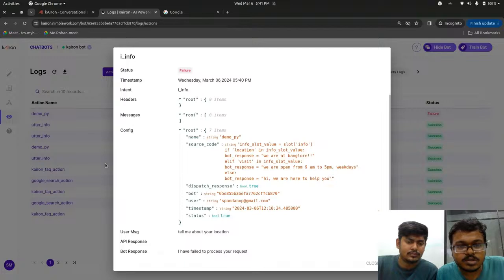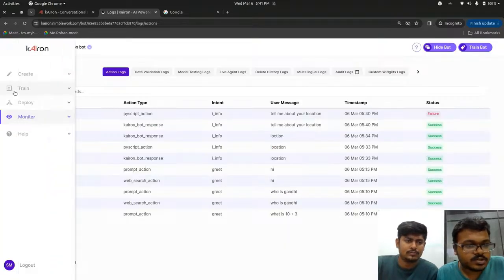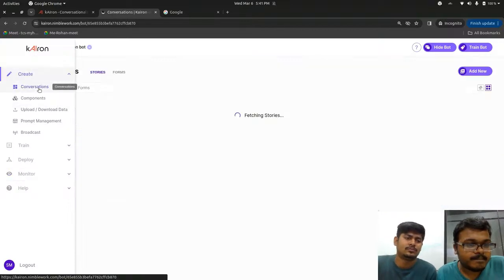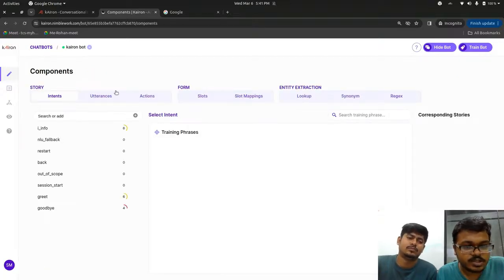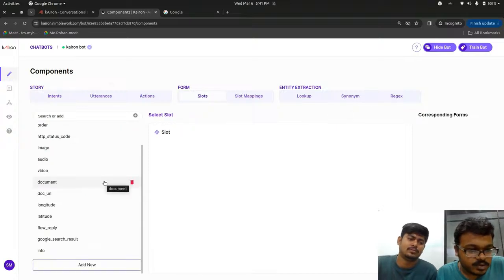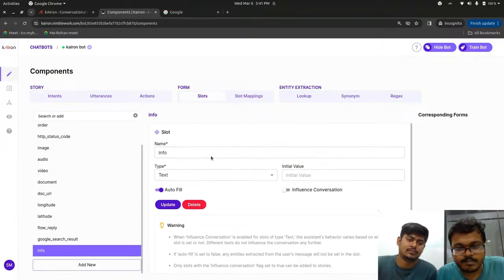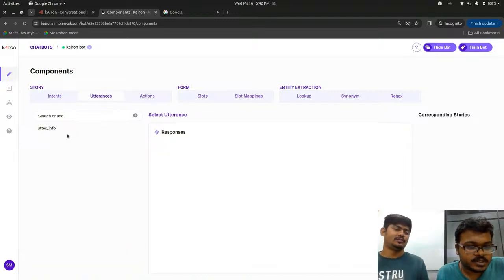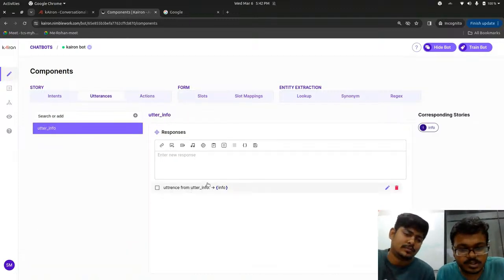So it says that. Let's go to our PyScript once and check where it went wrong. Also, all the components you can get in this page, so you can check that these things are there. Whenever I created that info, there should be this slot called info, right? And this was basically that variable that we declared. You can create it manually in the form. Utterances also has this utter info. You can see that this info is